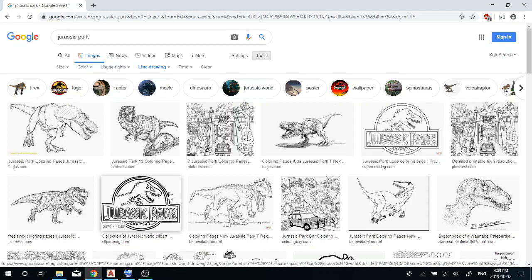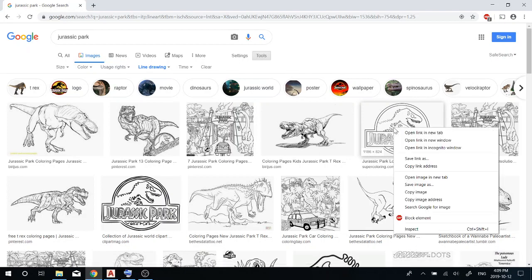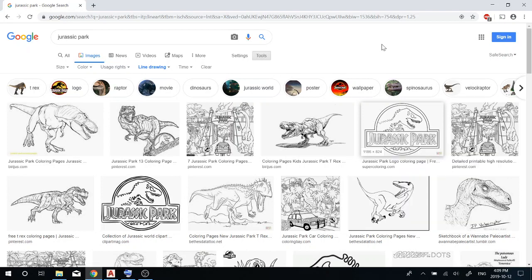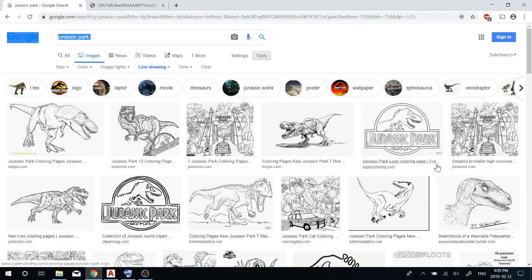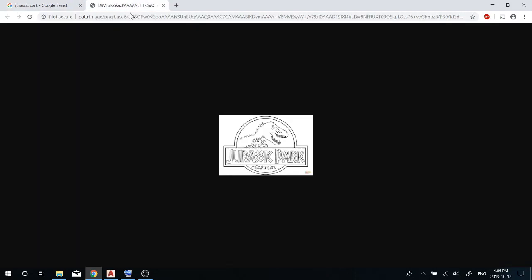I want something a little more professional. So I'm going to grab this one here. Looks pretty good. I'm going to right click on the image. I'm not going to save this small image. If I save a small image, the resolution is going to be very small, meaning it'll be blurry. I'll right click, I want to open image in new tab, and that will give me the largest possible image,